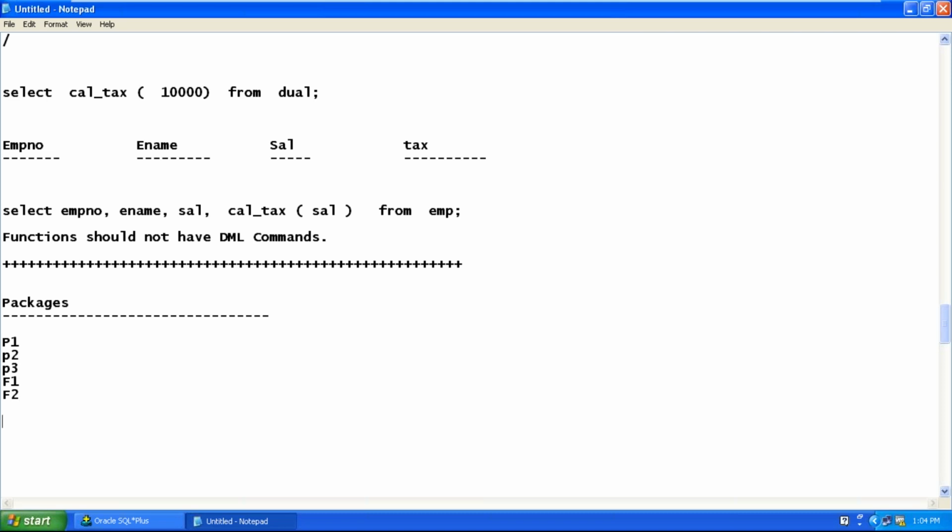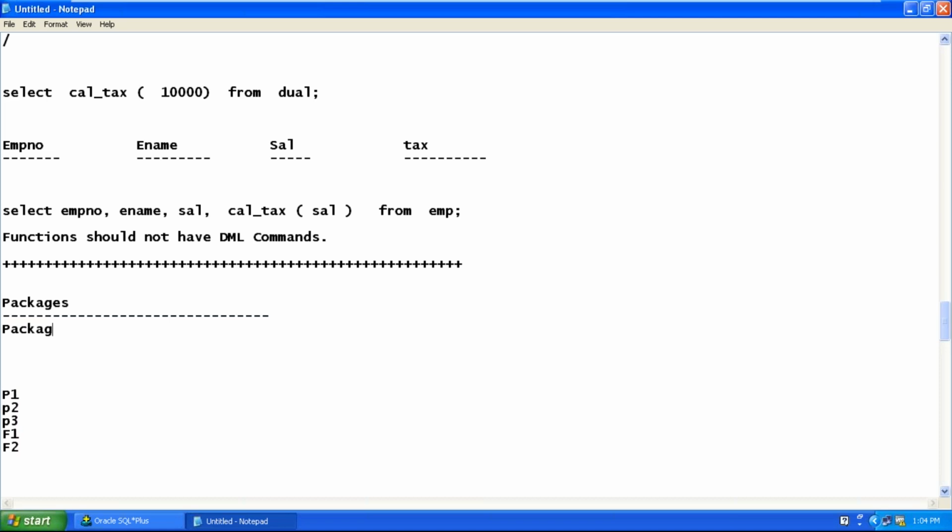You create a group of procedures and a group of functions. If all these 3 procedures and 2 functions are related to one particular project, it is always better to group them and make it a package. So a package is nothing but a collection of procedures and functions.